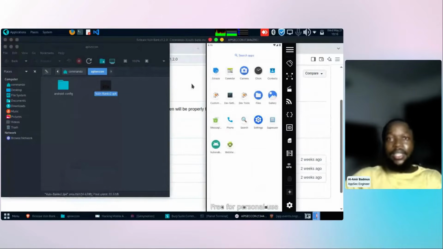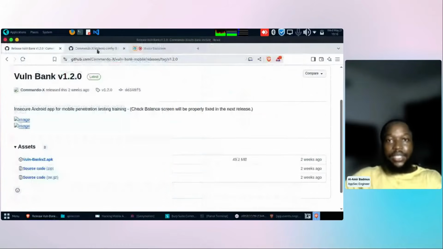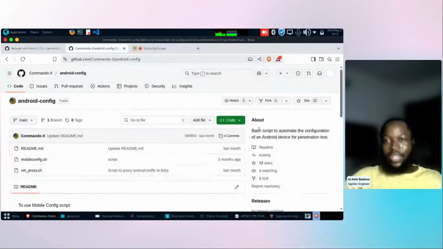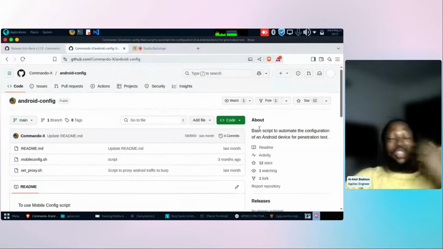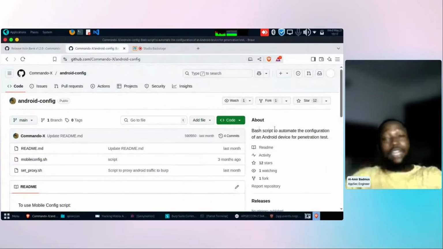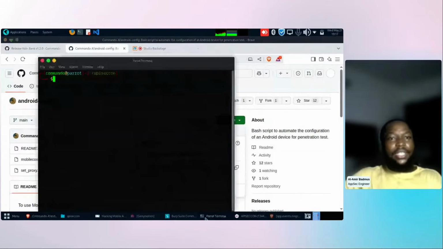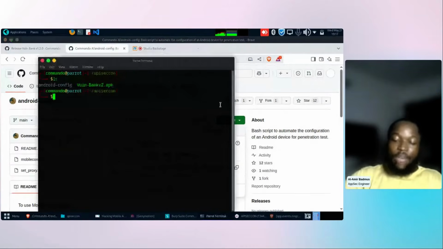To automate the process, I also wrote a bash script that can help anyone out there to automate this process of setting up the certificates and automatically proxying your mobile traffic to Burp Suite, right? All you need to do is to come here, you copy and clone this project. After you've cloned it, you will have something like this, right? You have something like Android config. If we cd into this directory,